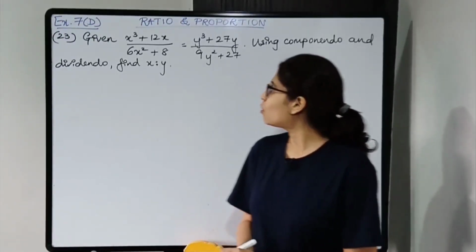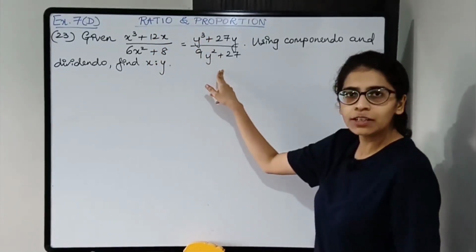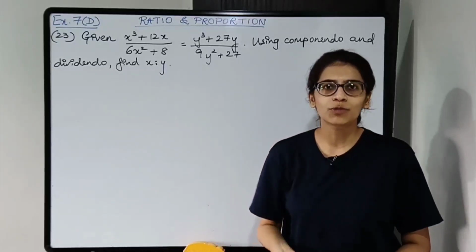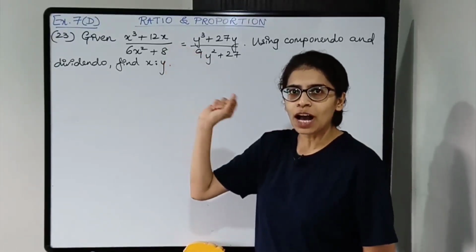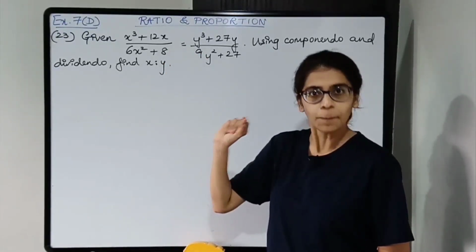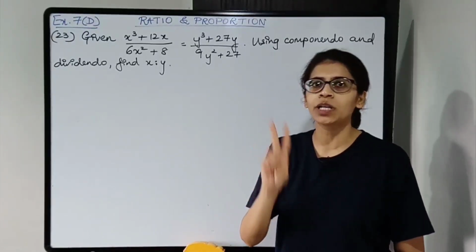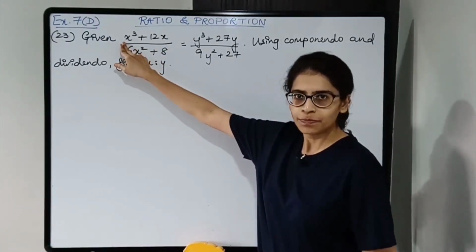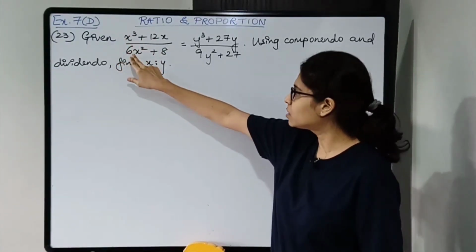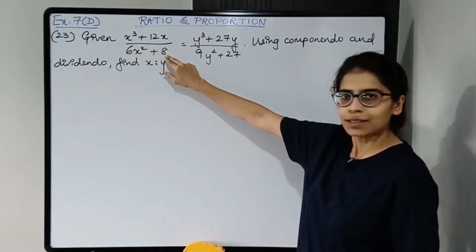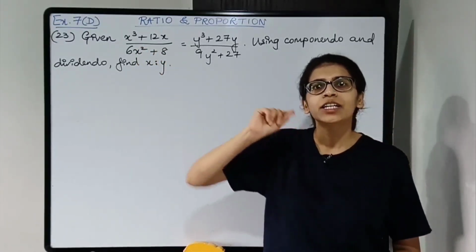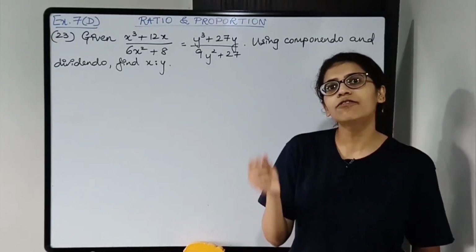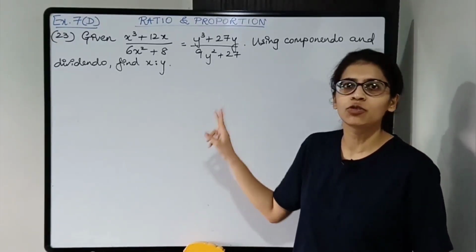Okay, so over here you can see numerator and denominator both have positive signs and the terms are also different. So how will you come to know? Check if you have a perfect cube. There should be a perfect cube, one in numerator, one in denominator on both the sides. So x cube is a perfect cube. Okay, in the denominator we check, this is not a perfect cube. Check 8. 8 is a perfect cube. 8 is the cube of 2. 2 into 2 into 2 gives me 8. So I should have one perfect cube in numerator, one perfect cube in denominator.